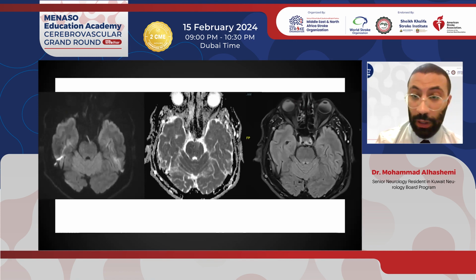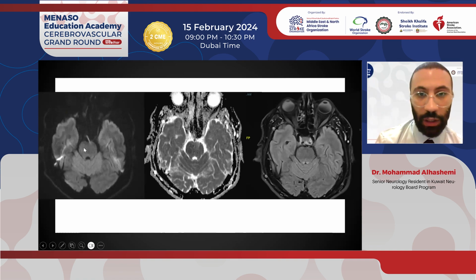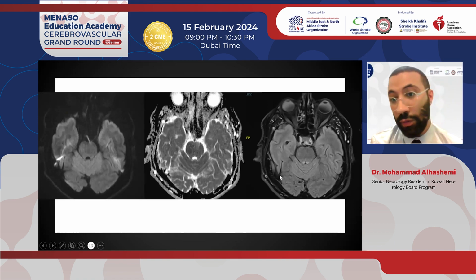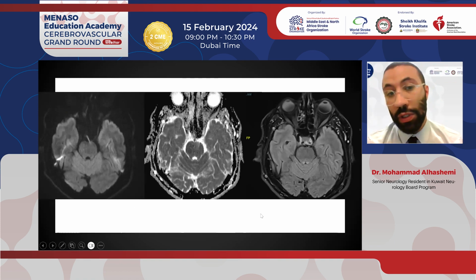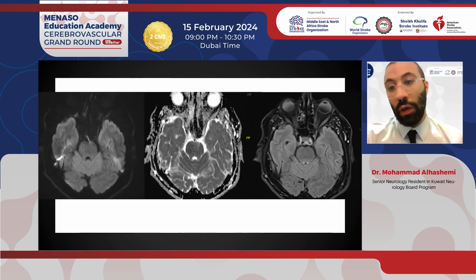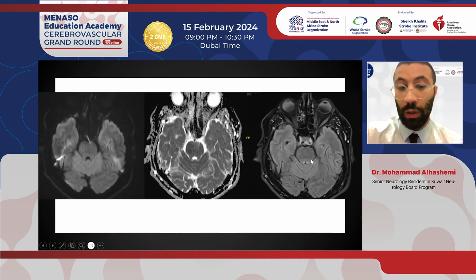A repeat of his MRI was also done after a couple of days, which surprisingly didn't show the right pontine DWI restriction that was shown earlier, and wasn't also visible on the T2 FLAIR. So in these two images, they were showing the first time he did his MRIs, and we were pinning down his symptoms to those lesions. But when we repeated the MRI, the patient didn't have the lesions.